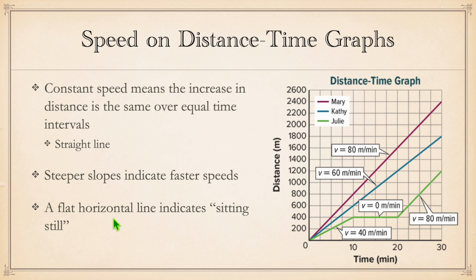Now, a flat horizontal line indicates sitting still. It means 0 meters per second. You're not moving. And if you kind of look at that, that makes sense because you go 10 minutes here without changing your distance,